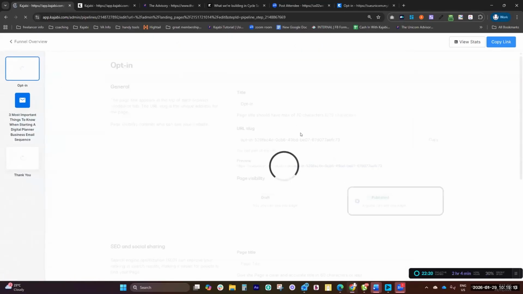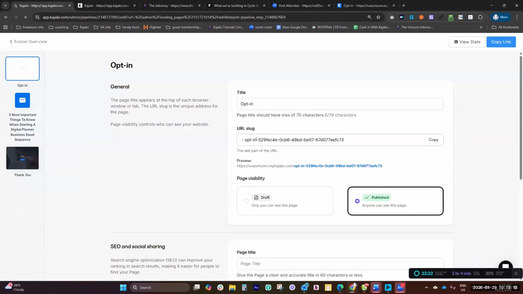And also I like to change it so it's not called opt-in F29FE777, because that's very hard to say. Go to this link, and it's a bit ugly because the links that are created are going to be ugly. And also when you create funnels, you've got pages that just say opt-in, thank you, sales page, not actual helpful titles. So again, I would make that name of offer opt-in, not just opt-in, maybe even add